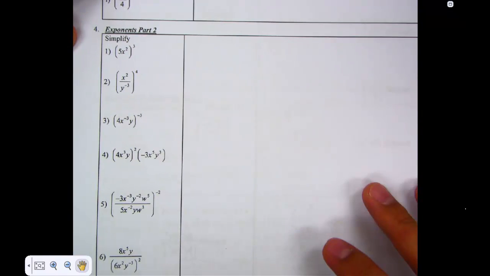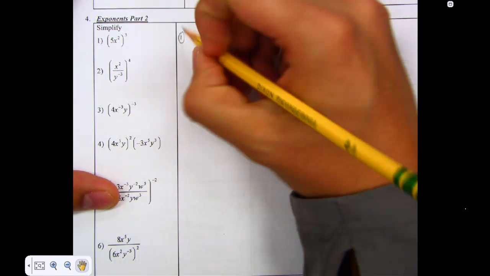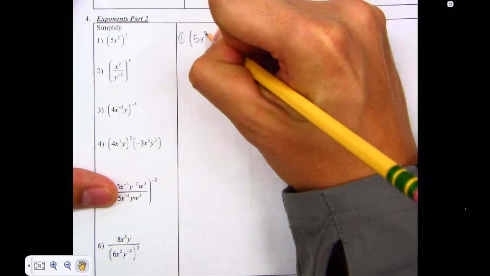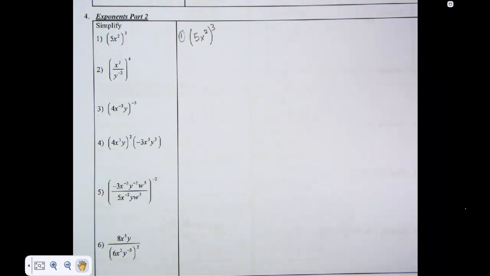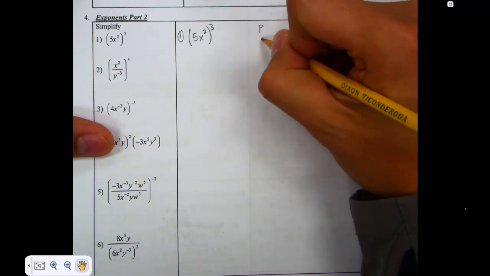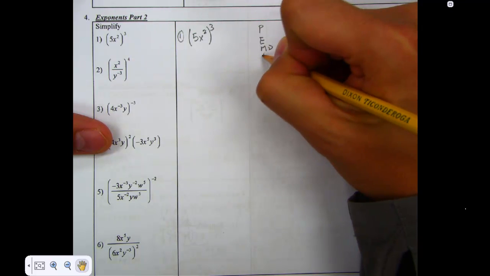To exponents part 2. So we're going to start with number 1 and read the problem. The quantity 5x to the second power to the third power. Now if you forget your properties, you can always write PEMDAS. Kind of remind you how to